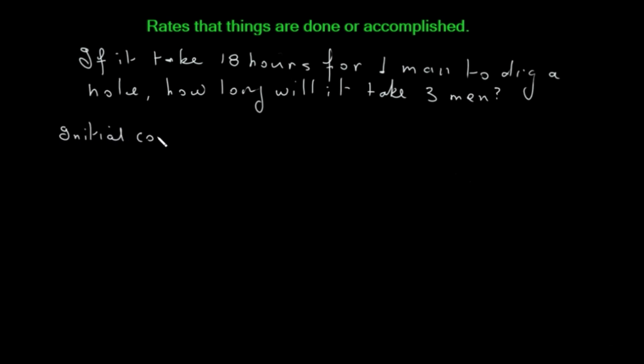Initial, I'll put COND for condition. Alright, initial condition: 1 man and multiply together takes 18 hours. That will give me, using what I just said, 1 times 18. Alright, I'll write it, look, 1 times 18